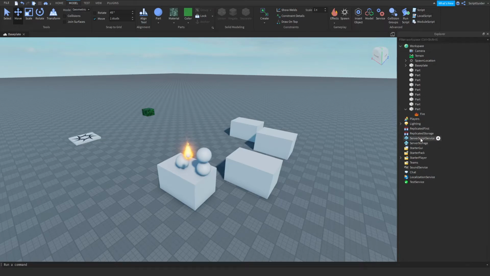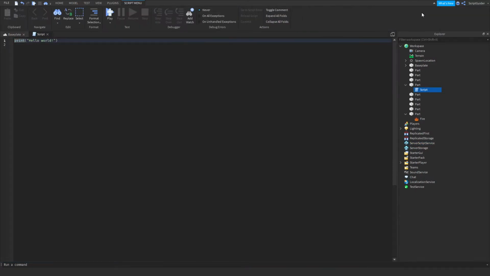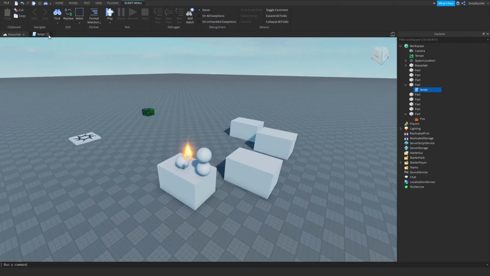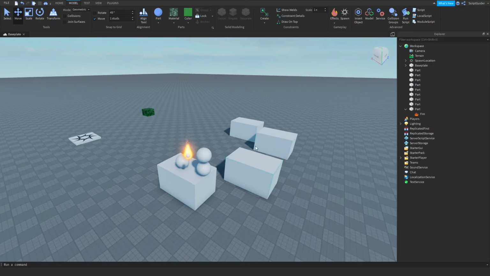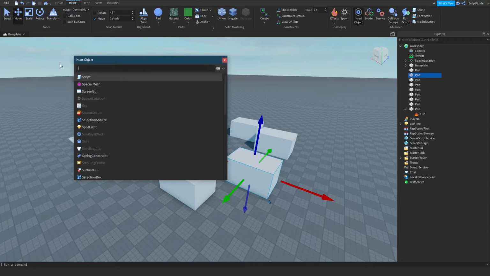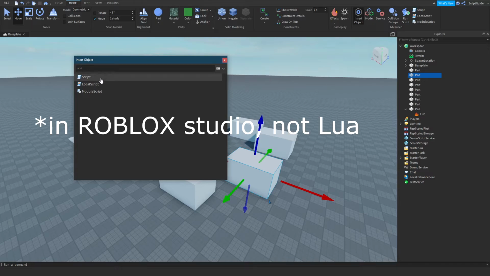And so if I click on anything, if I select anything, and then I press script, it will insert a script in that object and open up the window. So we're not going to deal with that just yet. But yeah, if I click on something and go to insert object, I can just type in script and then boom, it's there. There's 3 different kinds of scripts in Lua, so you might be thinking, what are the